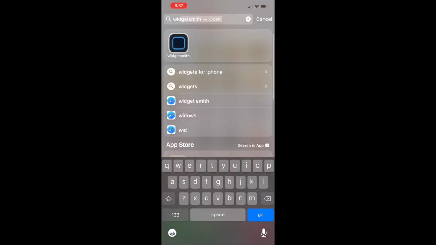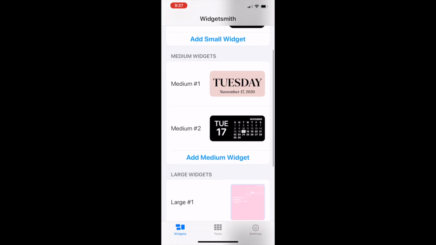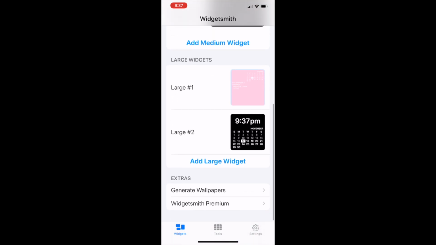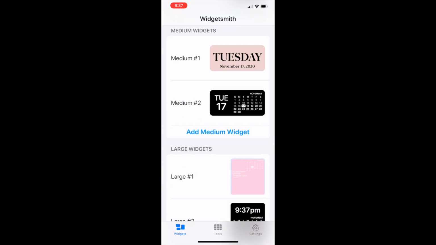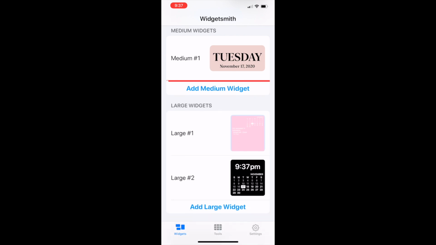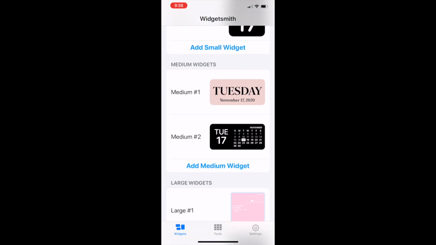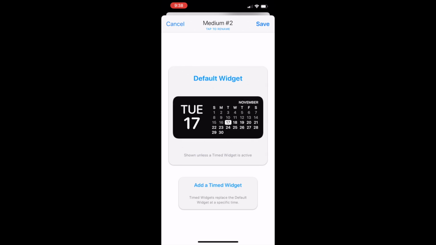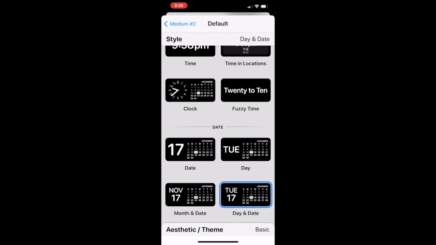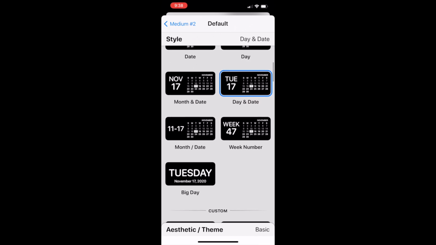So let's go ahead and open up WIDGETSMITH, and as you can see, they have 3 different sizes of widgets, so small, medium, and large. The first one that I'm going to create is the date one at the top, which is the medium rectangular one. I'm just going to delete this medium number 2 to make things less confusing, but basically what you want to do is press add medium widget and then touch the actual widget that you want to edit, so the black icon, and then press it again and it will show you all the different options for how you can